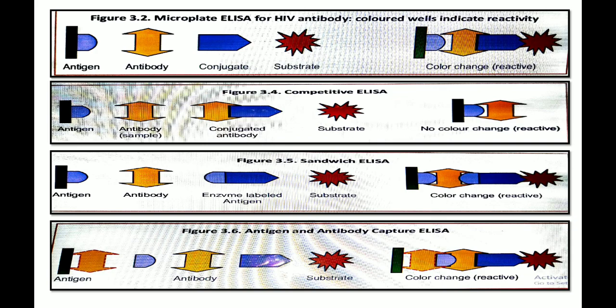So in the next step, similar enzyme labeled HIV antigens will be added. These will attach to the antibody molecule, which is already bound to the solid phase antigen. Therefore, this antibody gets sandwiched between the